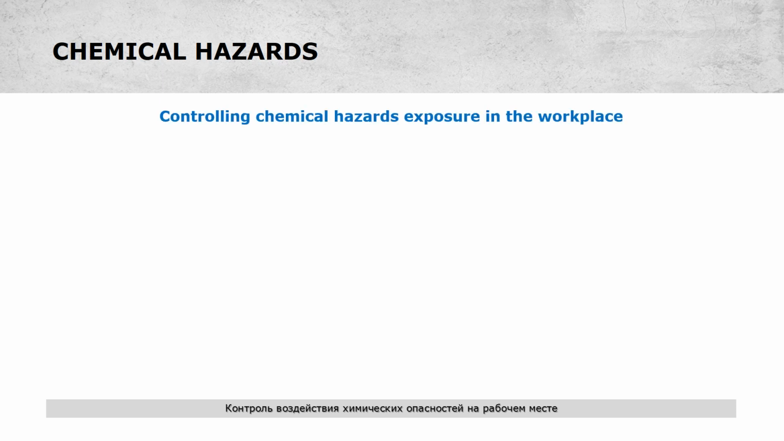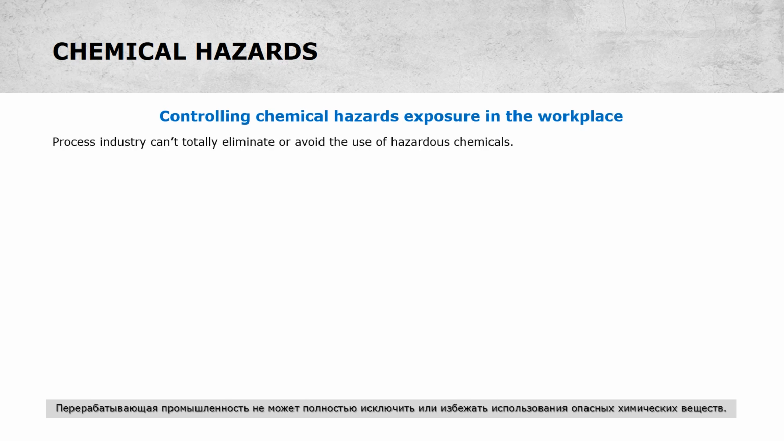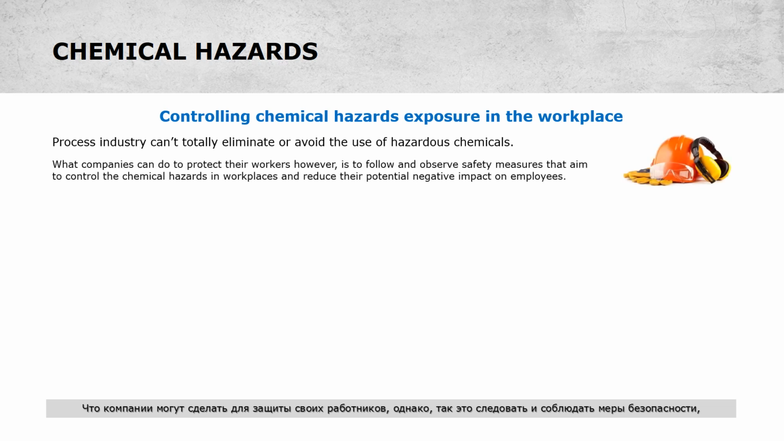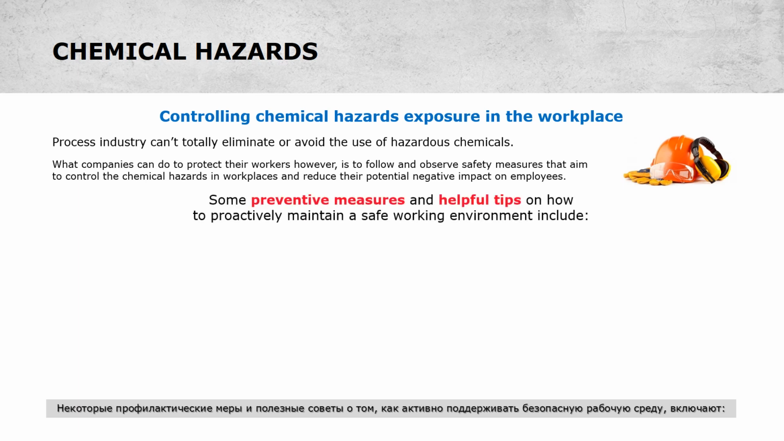Controlling chemical hazards exposure in the workplace. Process industry can't totally eliminate or avoid the use of hazardous chemicals. What companies can do to protect their workers, however, is to follow and observe safety measures that aim to control the chemical hazards in workplaces and reduce their potential negative impact on employees. Some preventive measures and helpful tips on how to proactively maintain a safe working environment include: